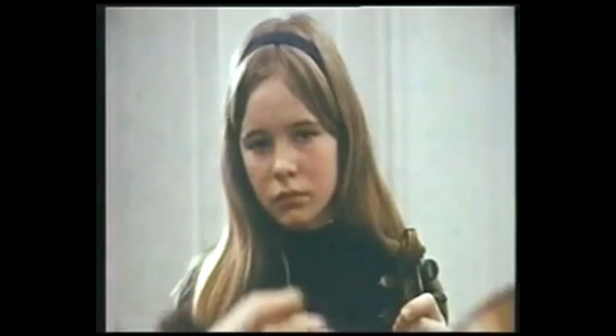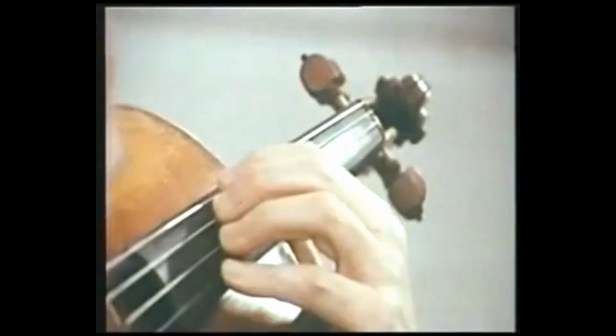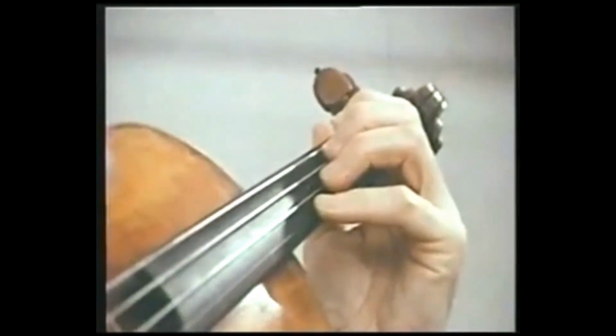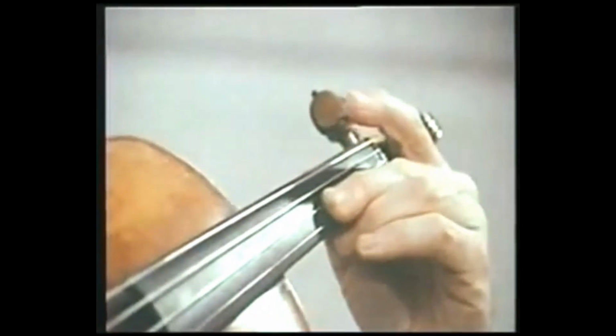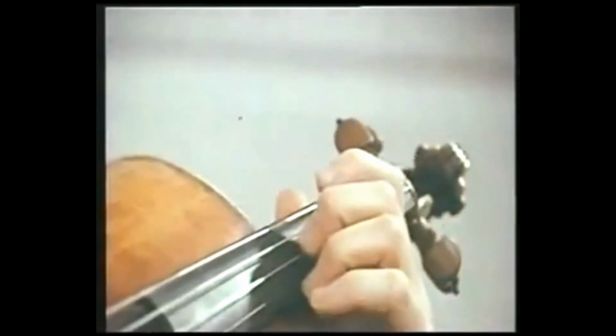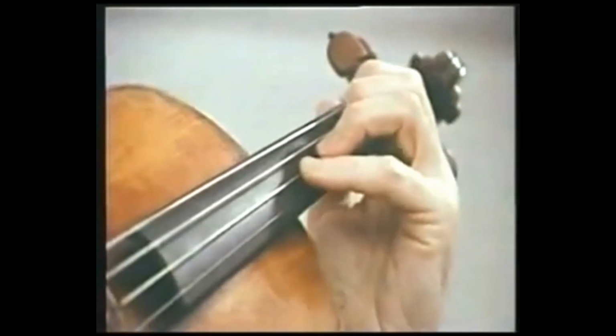Continuing with this idea of effort and release, we have 3 ways of going from a lower position, that is, this part of the fingerboard, to a higher, and equally 3 ways of bringing ourselves down. The first is simply an alternate motion of direction away and back, with the stress on the away and back, away and back, away and back. The second